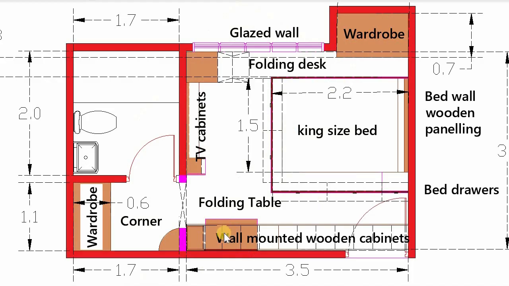Another wall which has been designed for the interior is this wall, which is the entrance wall of the bedroom. In this wall there is wooden work that has been done, for example the wall mounted wooden cabinets, folding table, the wooden shelf, and also the corner in the dressing area has been designed. In case of materials and finishes, we can use wall paints and also texture paints. We can also use wallpaper on this wall, but as we have used wooden paneling for the bed wall, and these walls are adjacent to each other, it will not look good to put wallpaper